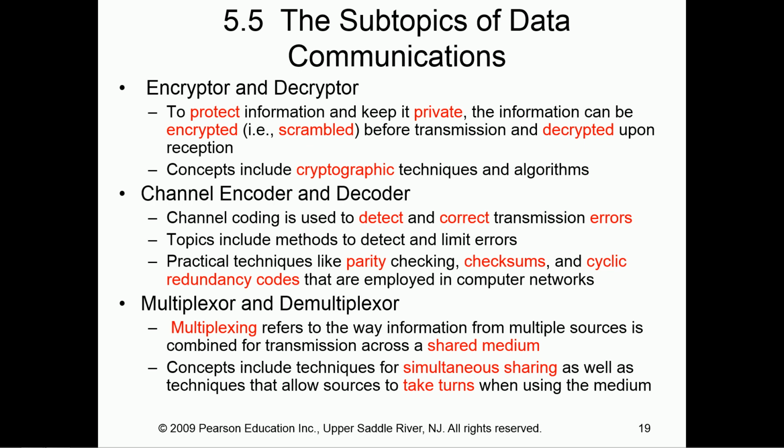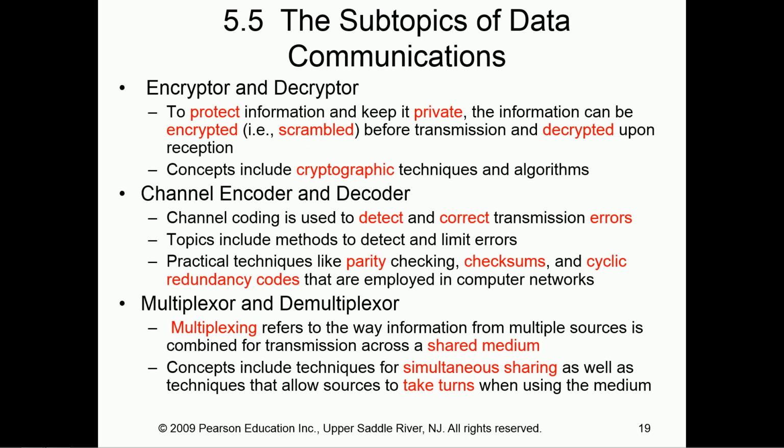Encrypt versus decrypt. Encrypt is where you take data and you actually can make it private. You can scramble it so that it has to be decrypted. Basically, it makes it only readable for those that have a key to descrambling it. For channel encoding, decoding, that codes it to a channel, and part of that coding to a channel allows for correction. It normally does correction via parity or checksum.